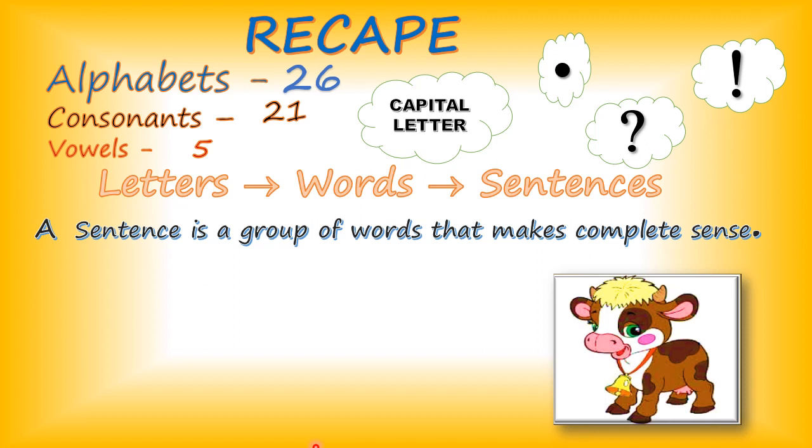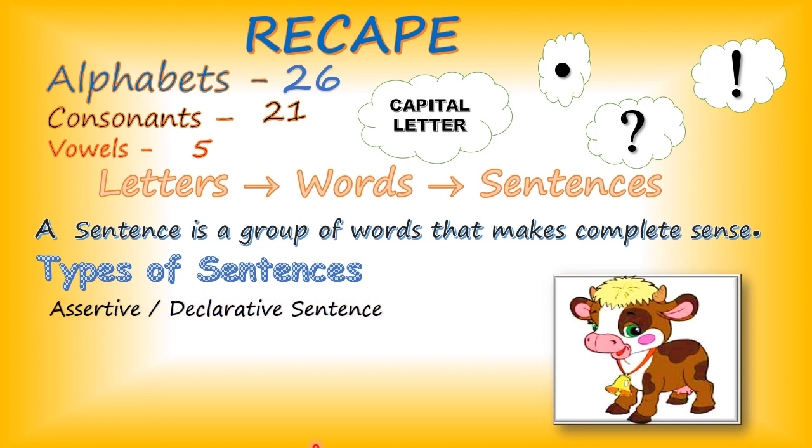So these sentences are divided into different parts. Do you remember how many types of sentences are there? Yes, children, 4 types of sentences are there. We will be revising one by one. Now, the first one is assertive sentence or declarative sentence. Assertive sentence or declarative sentence